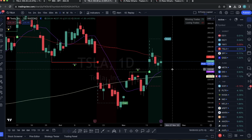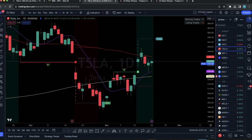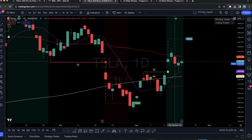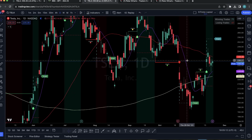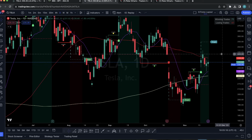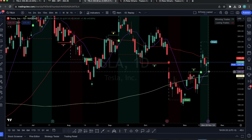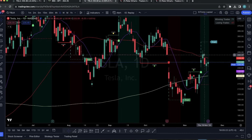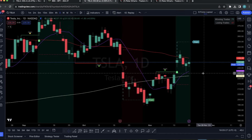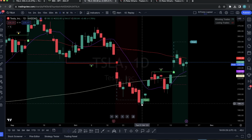So if we move over here and take a look at the daily chart, this is going to be on TradingView. What we're really going to be looking at here is our 3 moving averages that I have on the screen. This yellow one is our 200 SMA. This is going to show us which direction the major trend is in. Then we have the 11 SMA, which is our shorter term trend line, and our 50 SMA, which is our medium trend line. The thing to notice here is that we've bounced off of this support level of 196,